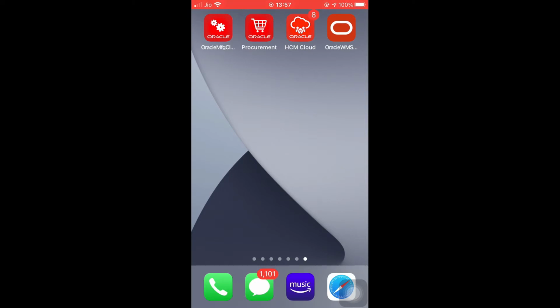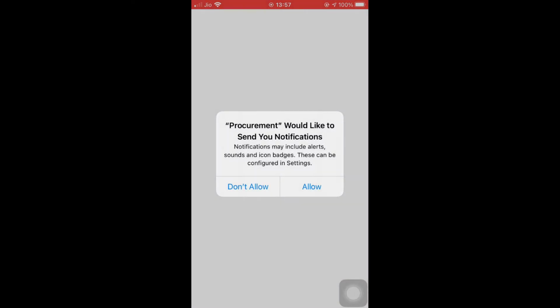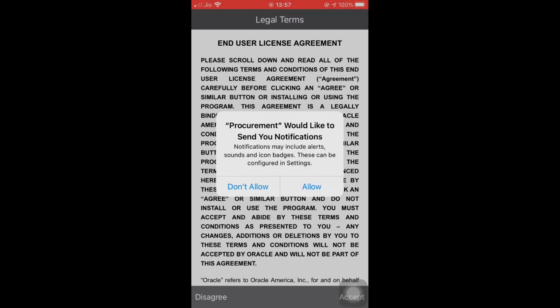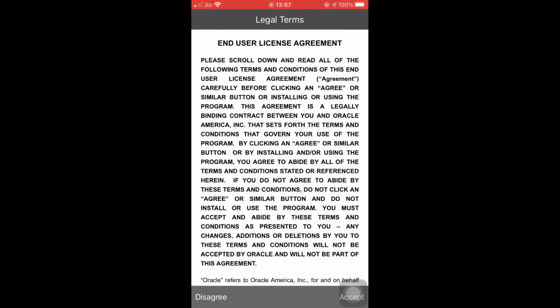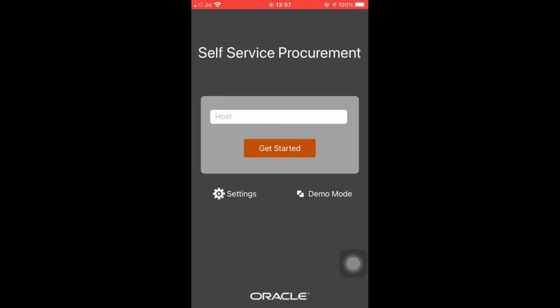It will prompt you to allow notifications, so enable the notification, and after that accept the legal terms by clicking accept. Then it will prompt for the host. You have to type your environment URL, the same URL which you use to log in. After that, click on get started.